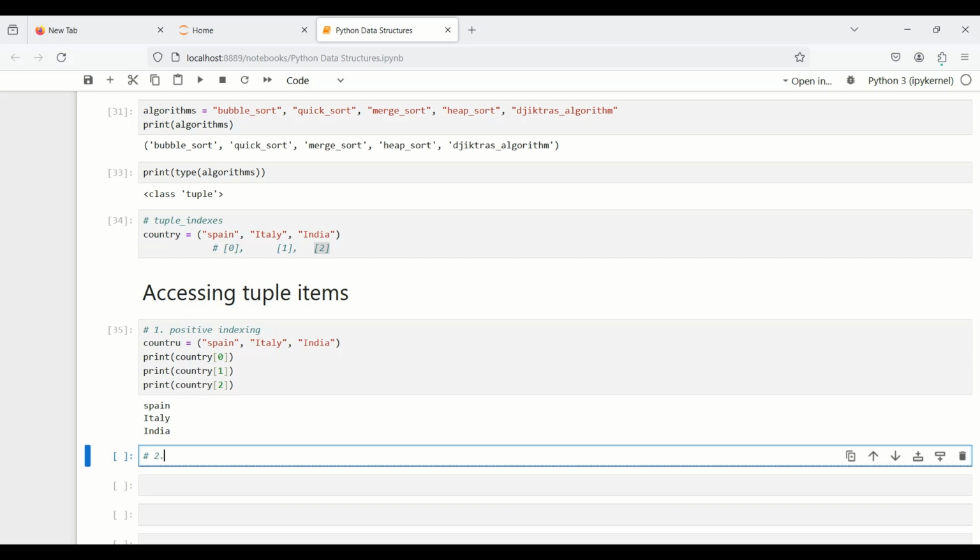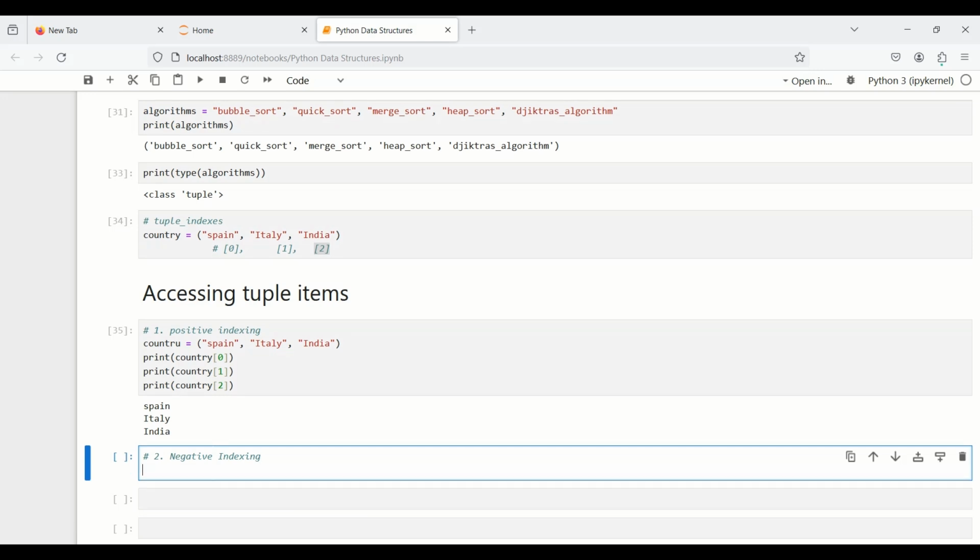The second one is negative indexing. It's similar to positive indexing. Negative indexing is also used to access items, but from the end of the tuple. The last item has index -1, the second last item has index -2, the third last has index -3, and so on. So for example,